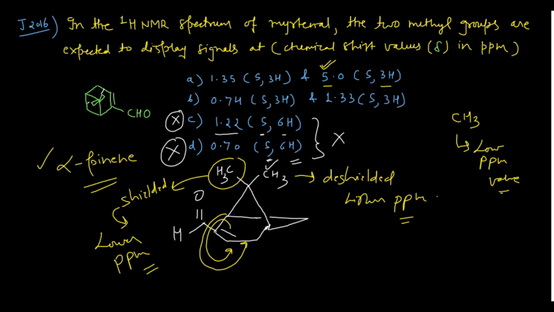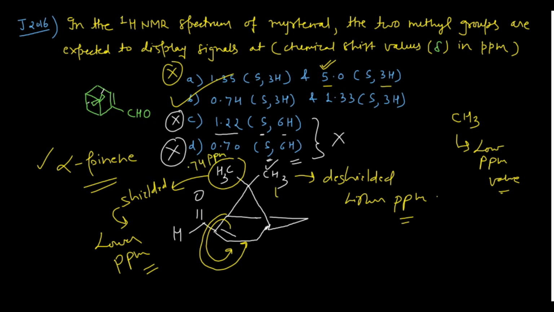That much of higher chemical shift cannot be possible for the aliphatic proton. So you can discard option A also. So what you are left with is option B. So in that case, option B looks like the correct answer, where 0.74 is the chemical shift of this one, 0.74